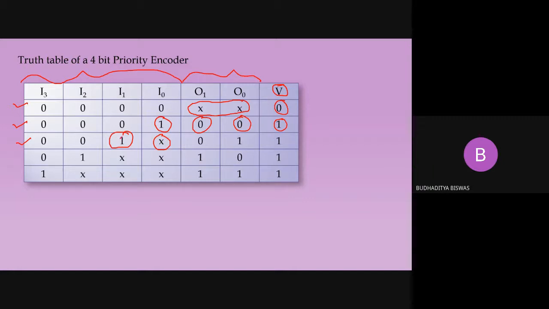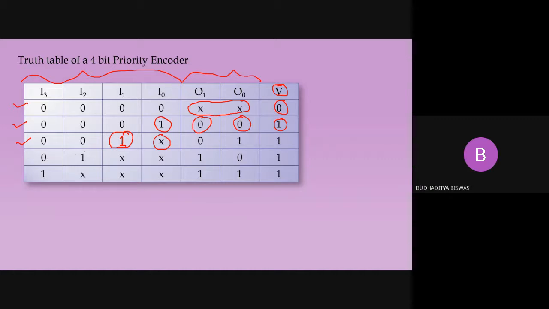It has more priority compared to the interrupt 0. So that means when the interrupt 1 is coming, then it does not look at the interrupt 0. Whatever the interrupt, it overlooks this one, and the circuit generates the output according to this one.